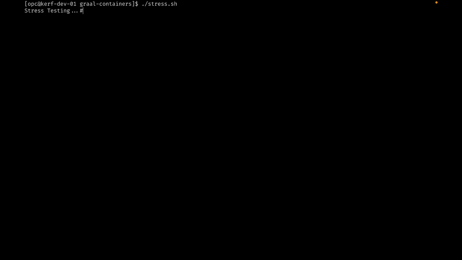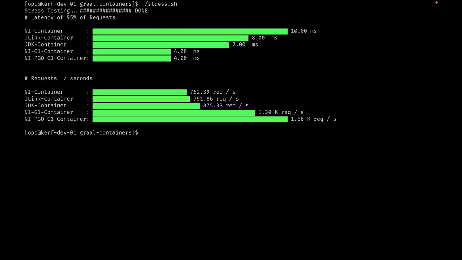And then if we stress test our application, so this is running the stress testing against all of the containers at the same time, we should be able to see whether the optimization information we captured has improved the performance of the native image. And so our final row here,